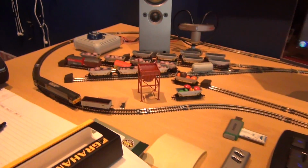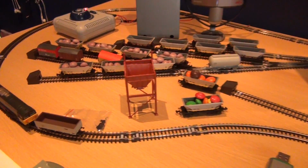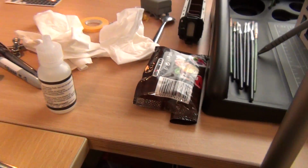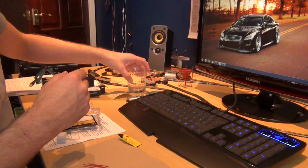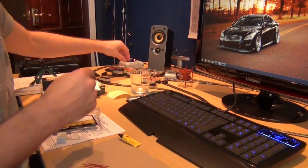Fantastic. So we have a working hopper, we have a working loop, and we have loads of hoppers ready waiting for all these M&Ms. On to the next stage. Okay, so let's just put the hopper out of the way for now. I've got a little bit of